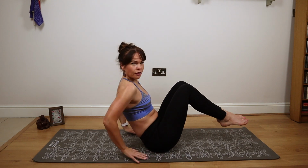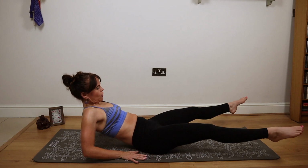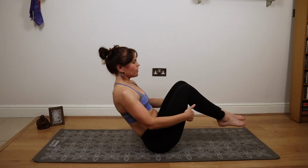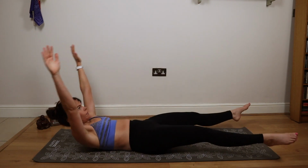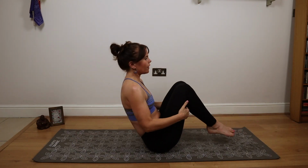So this might be your modification. Hands might be on the mat. You're going to open the legs and come up. Open the legs and come up. So let's go for 10. So either full star abs, 2 or hands on the mat, 3, 4, hug the knees in, 5,